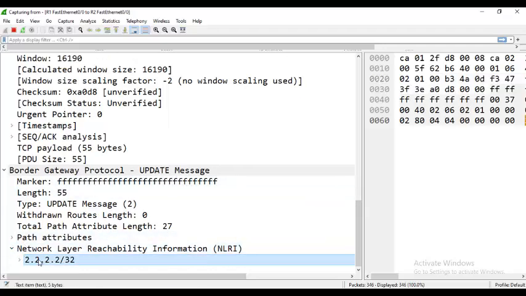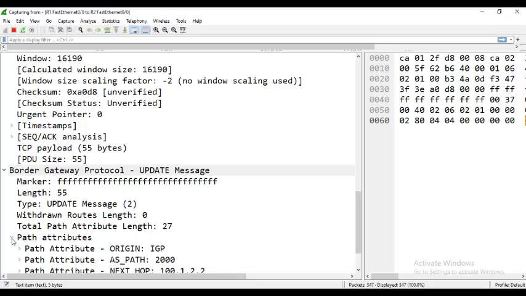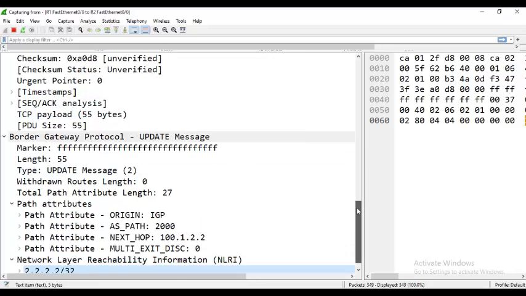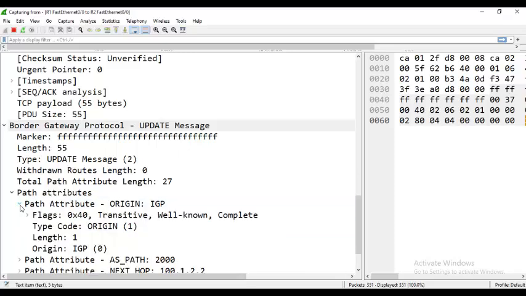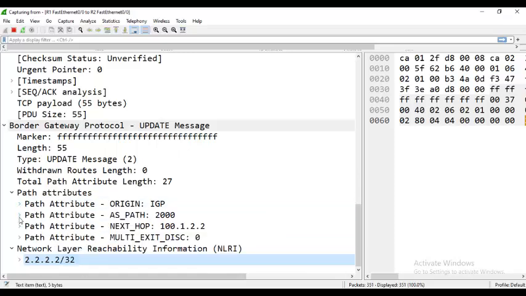BGP updates are too heavy, you see, that's why you should use BGP only if it is necessary. It is not only advertising a network, for each network it is saying this is the origin attribute, this is the AS path attribute, this is the next hop attribute, this is the multi-exit discriminator attribute. Too much, you see. Now if you go to router 1